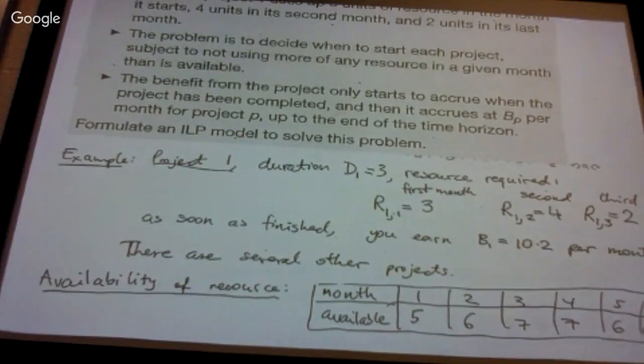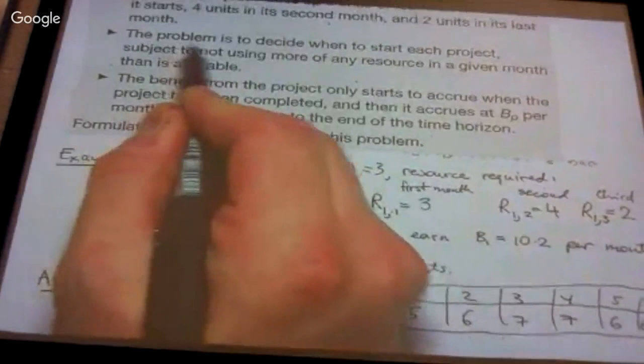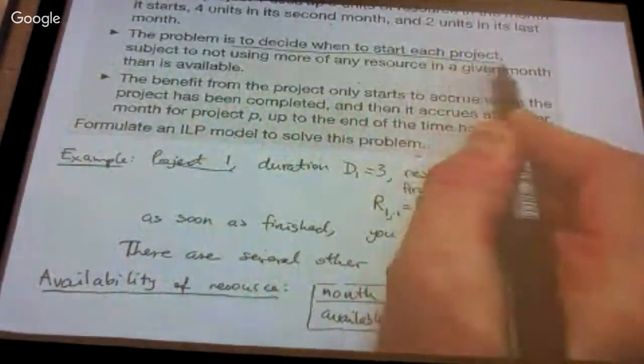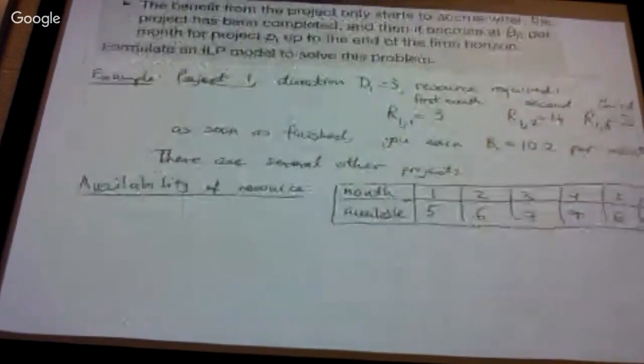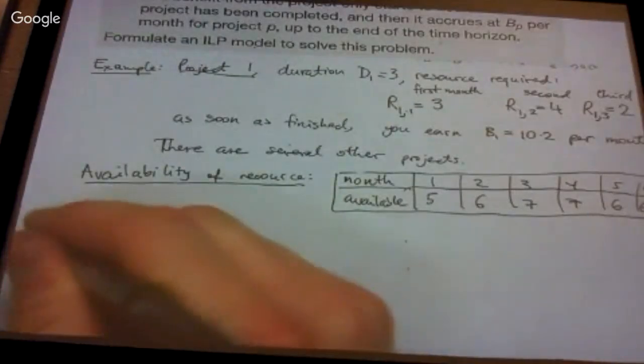The question is, we have to plan. So we have to decide when to start each project of the set of projects that are described. And we must set them in such a way that in no month are we using more from the projects that are currently running than this available amount of the resource. Okay. So the way this is done using integer programming